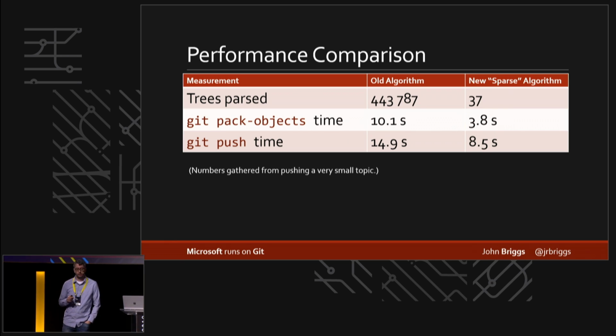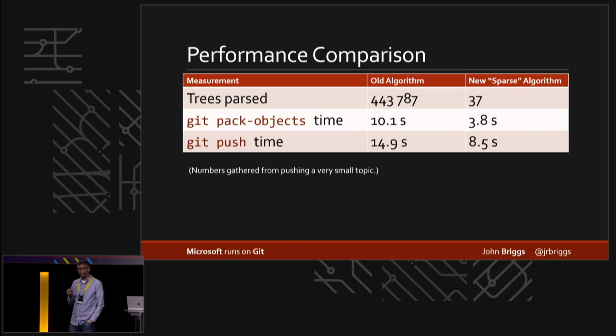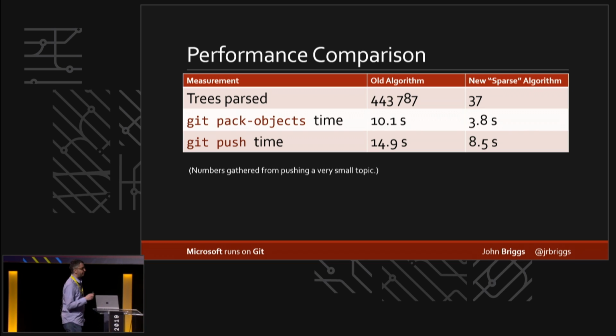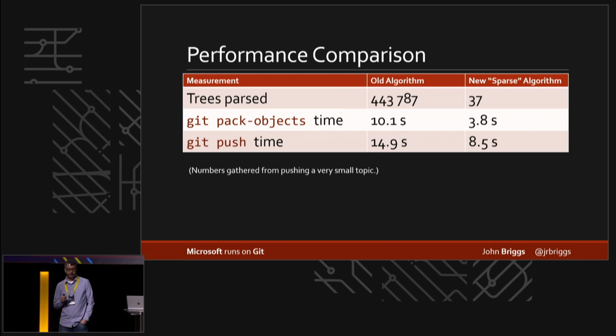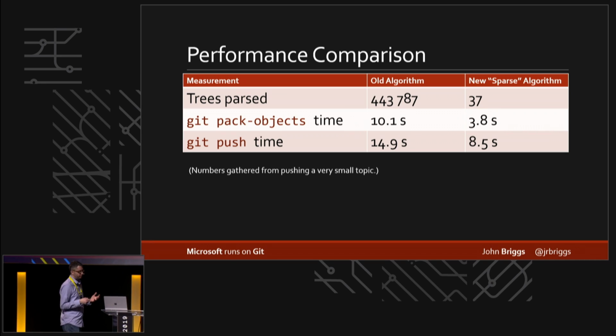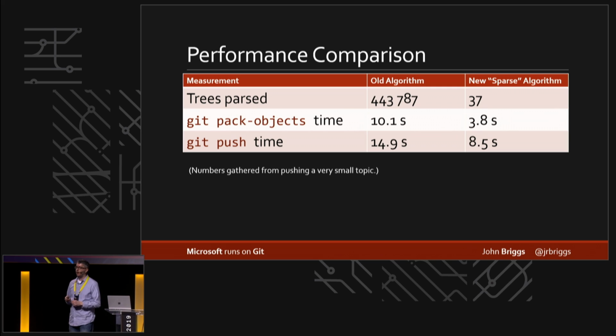We move from parsing, on a very simple push of a small topic branch, from enumerating 400,000 objects, trees, to just 37. It dropped the pack objects time from 10 seconds to under 4. And it dropped the overall push time from 15 seconds all the way down to 8.5. And remember, this is for a relatively small topic branch, so I'm really excited to see this roll out to